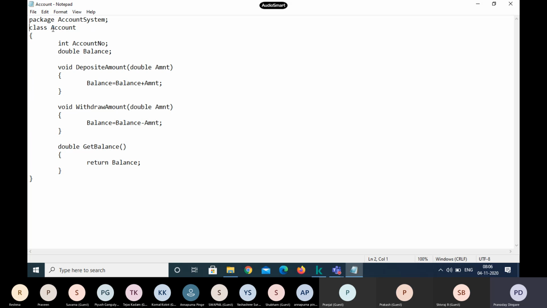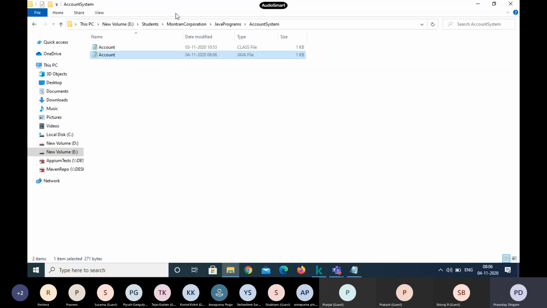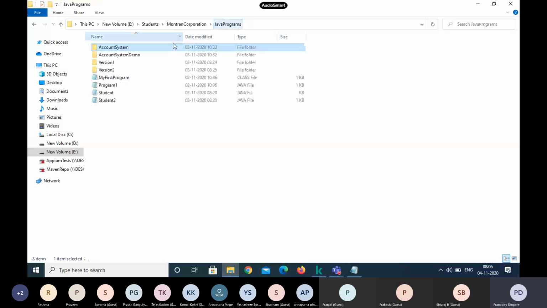If there is any other class in the same package, and a single package may contain multiple classes, then that class can access this Account class. But if there is any class which resides in some different package, the way we have it in this case,